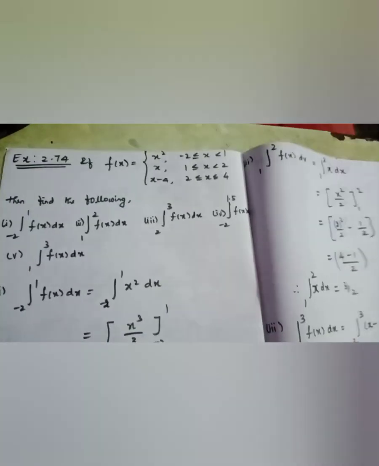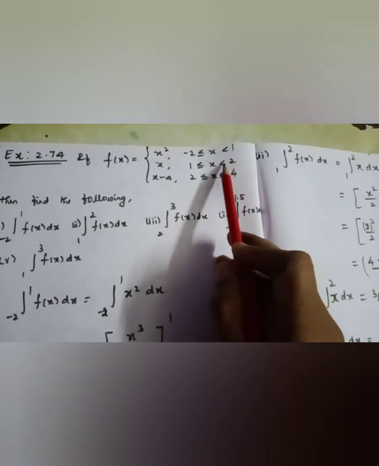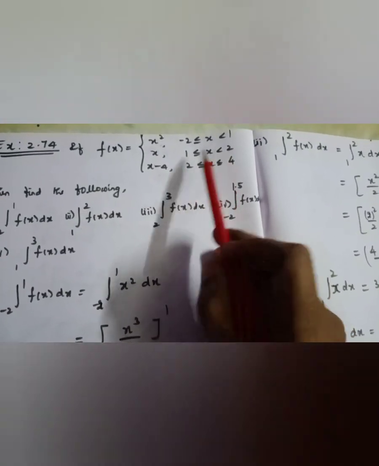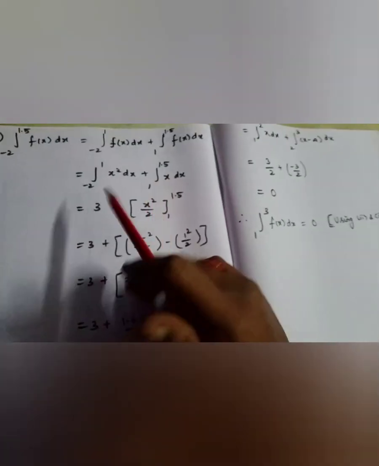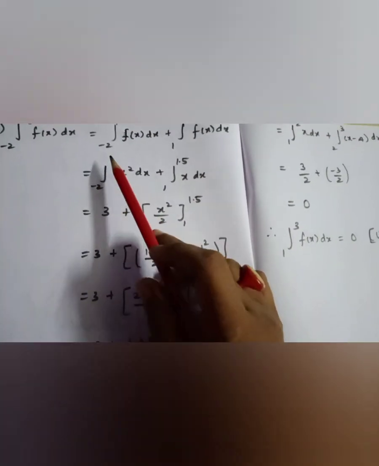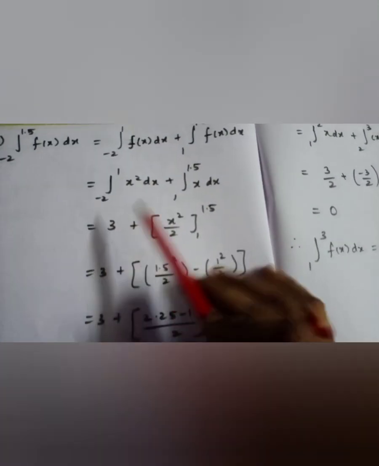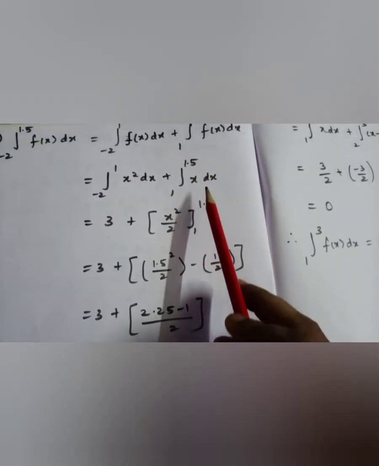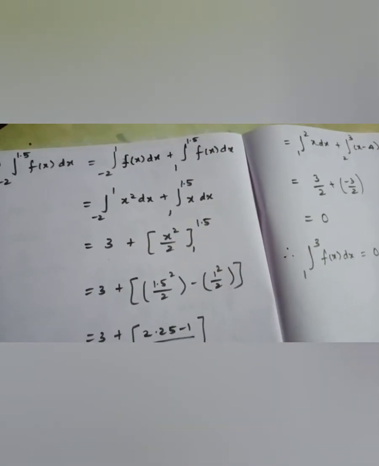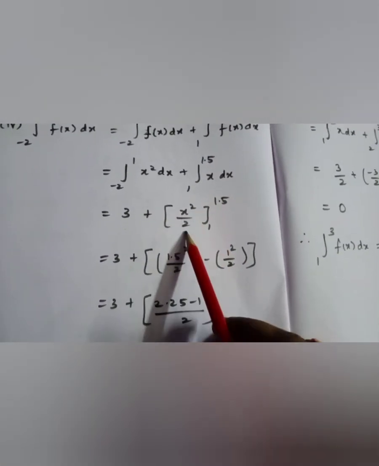And 1 to 1.5 means we don't have 1.5 but we have 2. And obviously 1.5 will be lying between this only. So we will take this expression once again. So it is x dx. So this minus 2 to 1 x square dx we have already calculated. The answer is 3. So you can directly substitute that value here, and this alone you have to calculate. That is 1 to 1.5, which is x. So when I integrate x, it is x square by 2. Then apply the upper limit and lower limit and get the answer.